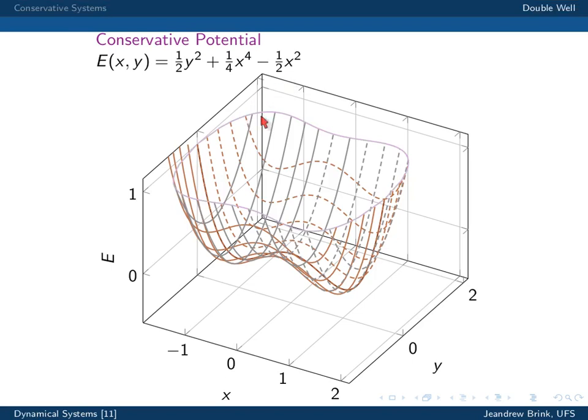So the top slice looks like a peanut. As your energy gets less, I'm going to draw its projection down onto the xy plane, because that's how we're going to construct what the phase diagram looks like. So we can draw the peanut, go down, and choose a different slice, and we know that slice doesn't change along the trajectory. So in our phase diagram, the slice is now down there, and we can keep going down